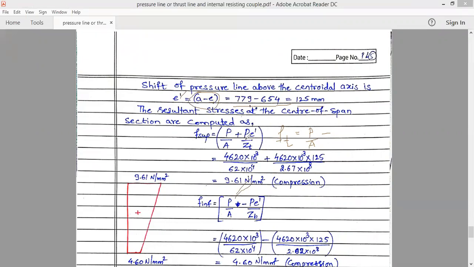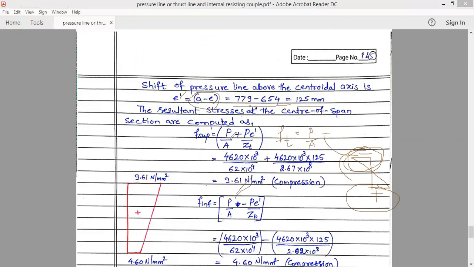And what is the sign convention here? It is negative. Why is it negative? Because due to the eccentricity, the stress developed in the beam is such that, I am writing the stress distribution diagram here, top fibers will be under tensile stress and bottom fibers will be under compressive stress, because it is in the hogging condition. Because of the pre-stressing force, it is in the hogging condition. So bottom fibers will be in the compressive state and top fibers will be in the tensile state. So it means that it is negative, and I am going to write negative in case of the strength method or the stress method.